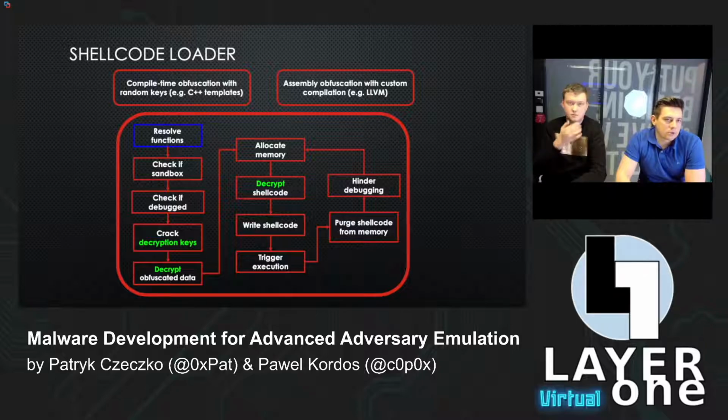And also for the whole development process, we could implement some compile time obfuscation. So for example, we could use some templates in C++ to change the obfuscation every time the code is compiled, and also leverage some compiler obfuscation, for example with low-level virtual machine, to obfuscate stuff differently with every compilation. So with every compilation we will get, of course, new checksums to bypass some trivial detections based on MD5